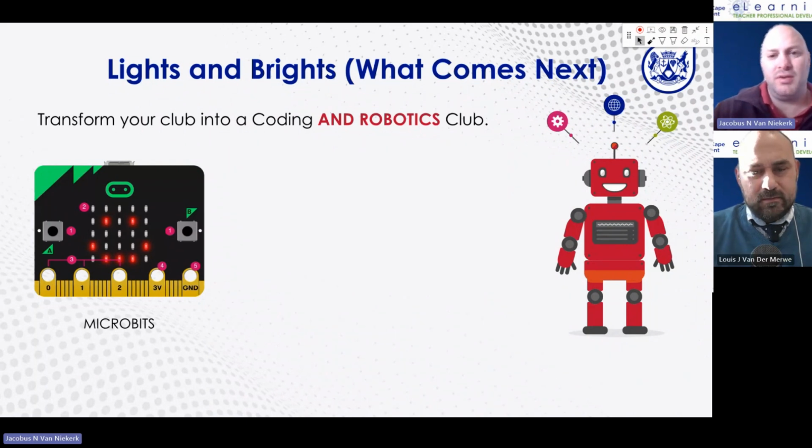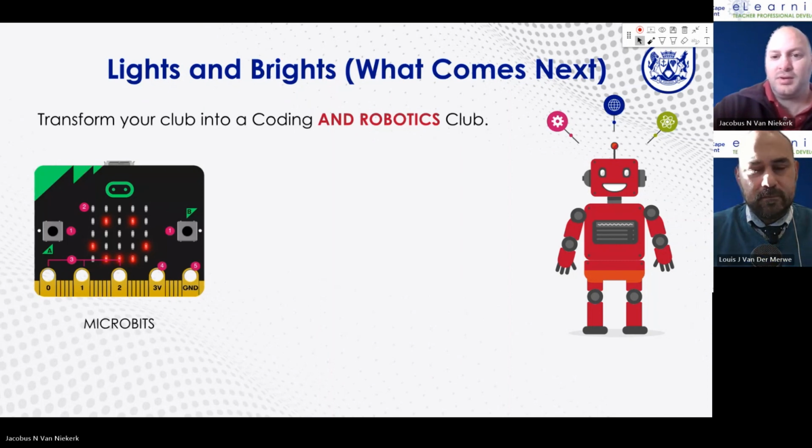So how much are they roughly, Louis? They're about 500 Rand for a starting kit. Of course, a kid doesn't need to work alone on a kit, so one kit between 2 children. I say 500 Rand, but some of the other things are ridiculously overpriced. So for me, if your school is looking at spending money, that's something that can work very well in subject integration as well as a coding club.